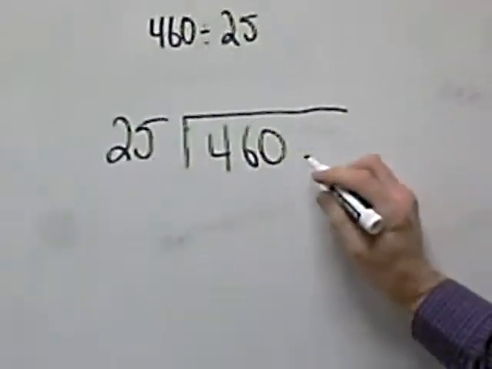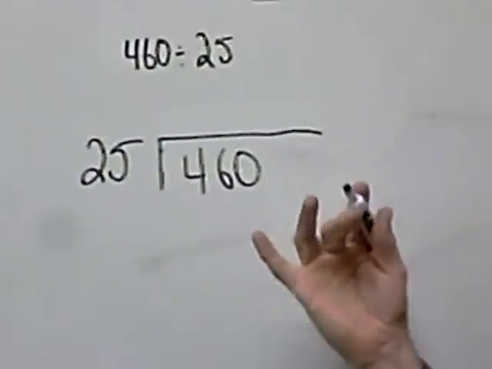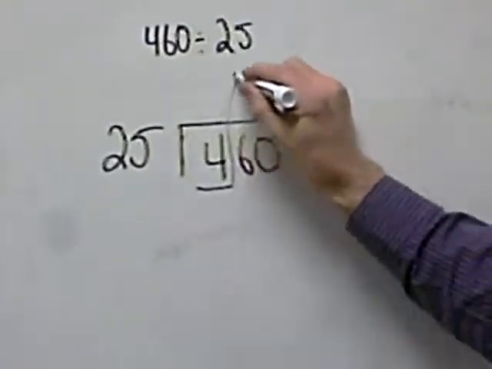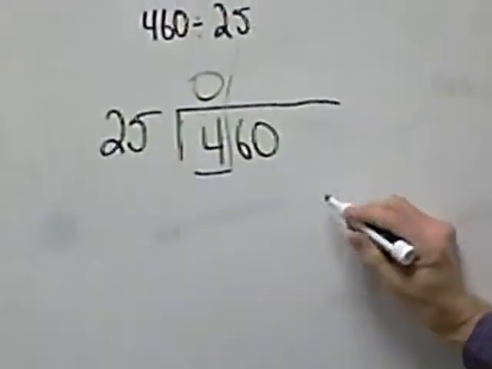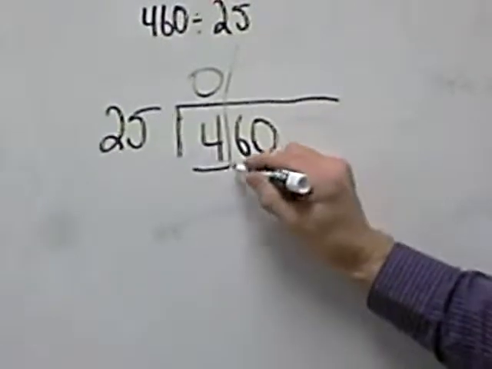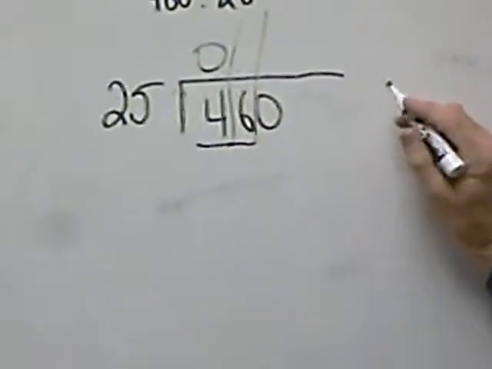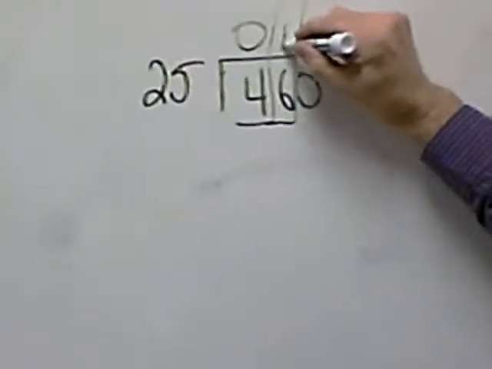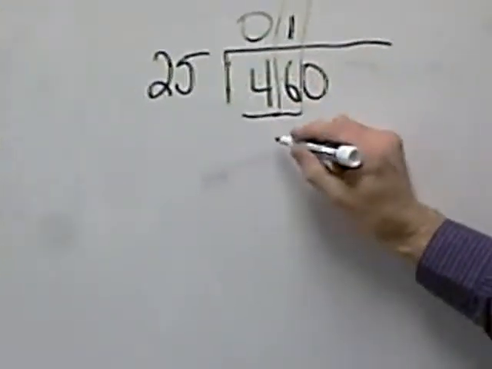Alright, so the first thing I need to ask is, and at this point I don't have a decimal point, I'm not worried about it, does 25 go into 4? It doesn't. Okay, so I'm going to put a 0 there. Now I'm going to see if 25 goes into 46. I know that it does. I know it can't go in twice, because that'd be 50, so it'll go in one time. 1 times 25